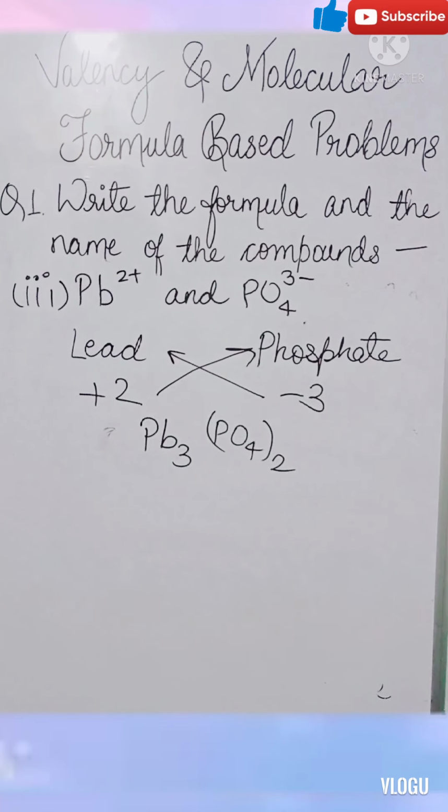Remember students, phosphate ion is made up of 2 kinds of atoms, one of phosphorus and one of oxygen. So the 2 written below the lead is not just given to phosphorus only, it is given to the whole ion which contains phosphorus and oxygen. Therefore, the bracket is necessary around PO4 so that you can put 2 outside that bracket, and it indicates that 2 is given to phosphorus also and 2 is given to oxygen also. Okay. So now the formula becomes Pb3(PO4)2, and it is written as lead phosphate.